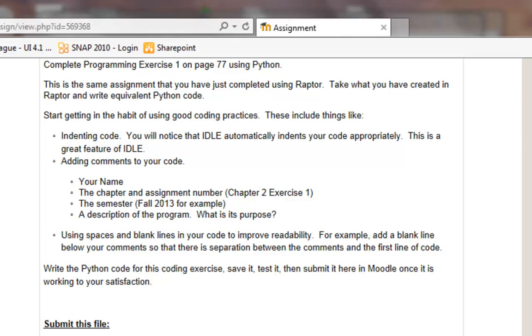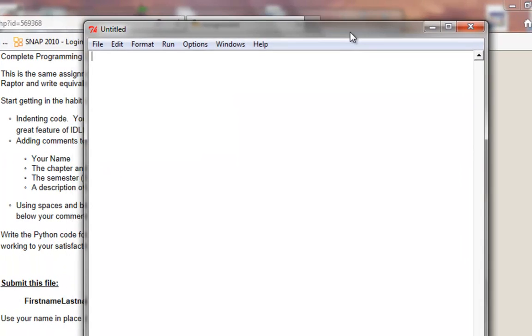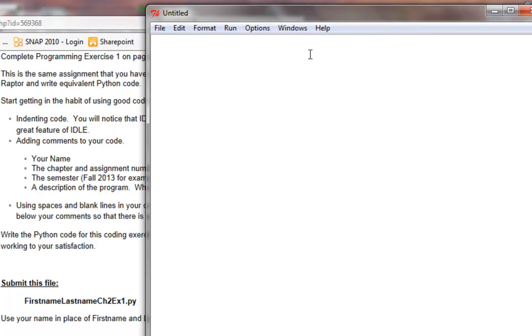So let me go ahead and go back to my editor, and I'm going to just move this over so that I can see what I need to put in for comments. And you may remember from reading the chapter that if you put a pound sign in, that's going to put a comment in. This is just a line of code that Python is going to ignore because it's not executable. So I put in the pound sign, and you'll notice I've added a space. I could just put my text right up next to the pound sign, but it's more readable if I include some spacing. So pound sign, and I'm going to type my name,